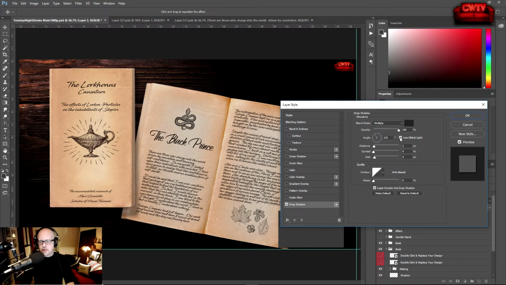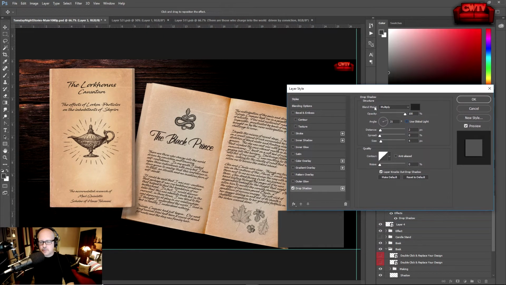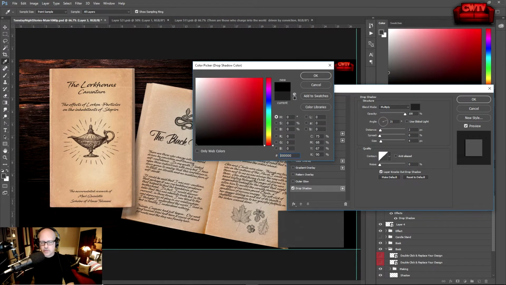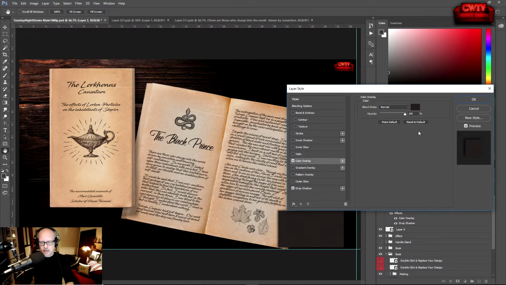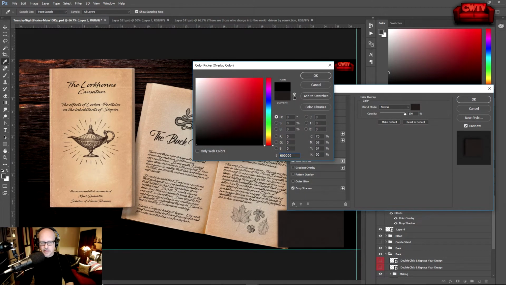What we are going to do here, though, is some kind of drop shadow action. And I am not going to conform at all to the lighting, I don't think, because, well, we'll see. It depends on the position of the camera. We put a drop shadow there, adjust its opacity. And then what I like to do is a color overlay of just pure black,